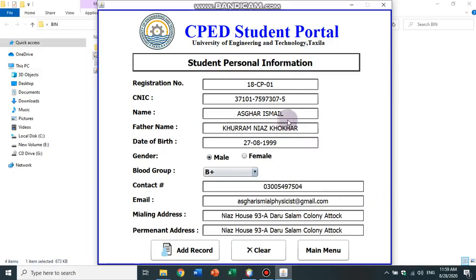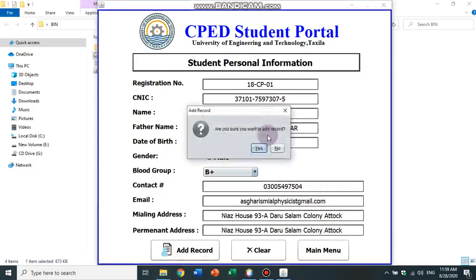So these are the validations, and email also has validation. If the email is not correct, it will not accept. If I remove the at the rate of, which is an essential part of an email address, it will again not accept it.